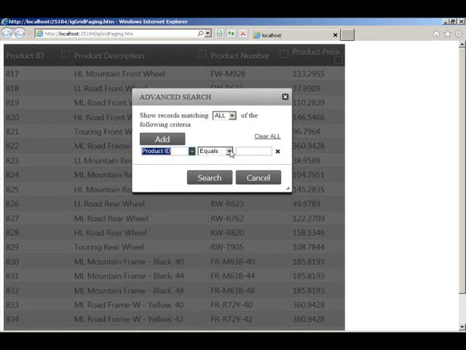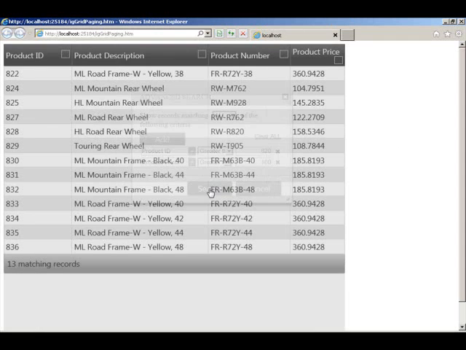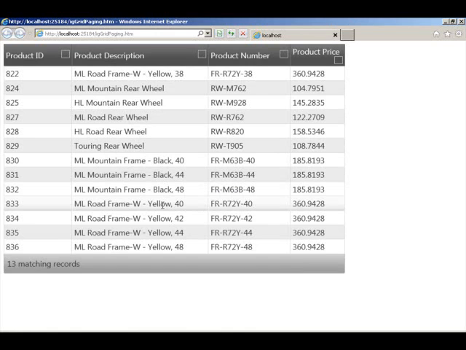The product ID greater than 820, and let's add another condition to be product price greater than 100, and do a search. Again, same thing, but using advanced filtering, you can add as many filter conditions as possible to the grid and apply them all at once using the search button. And it gets applied, you get the bottom bar updated, and your grid displays the data according to the filter